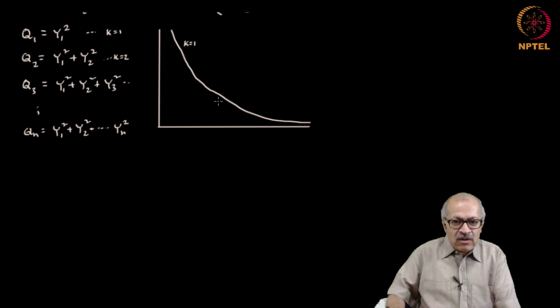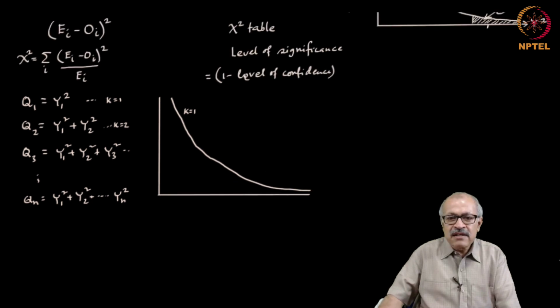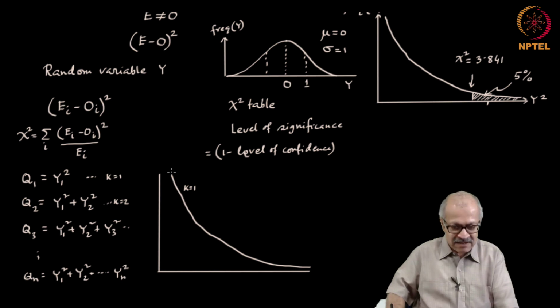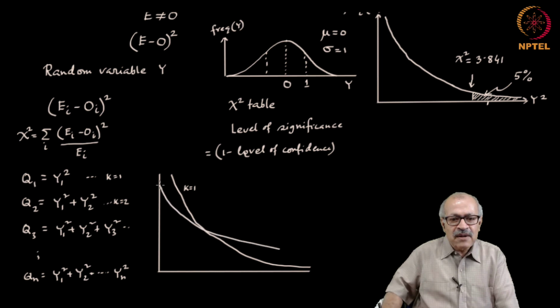K is equal to 2. The logic of this one was that here at the center point, the 0, there will be a large crowding of numbers close to 0. Now, when you take two of them, each one will have a large crowding of numbers close to 0, but when this one is 0, this one need not be 0, and when this one is 0, this one need not be 0. So, a very large crowding near 0 will be relatively less, and so it will be something like this. So, that will be the character of k is equal to 2.